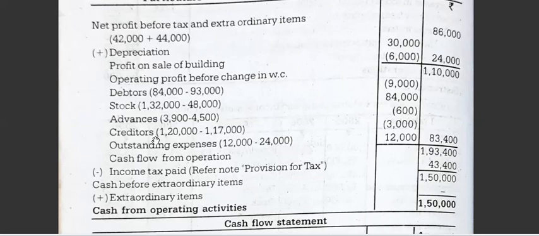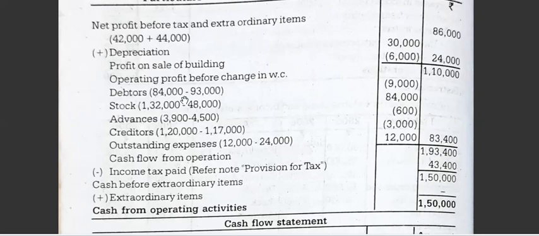See here, bracket. Creditors, there is a decrease, but there is an increase in working capital, so write as it is. If there is a decrease, it means increase in working capital, write in a bracket. Outstanding expenses, there is a increase. There is a increase means a decrease in working capital, so decrease in working capital you have to write as it is. If it is increase means write in a bracket.